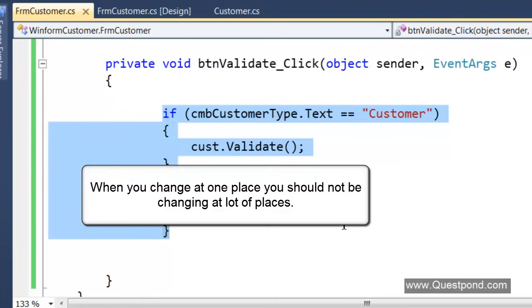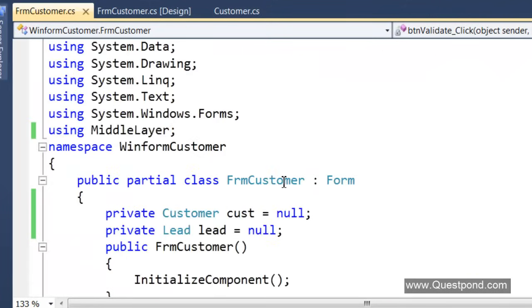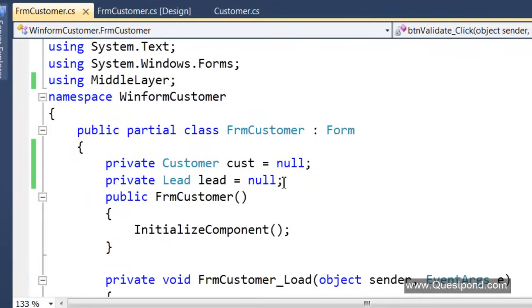If I have 10 such forms like this, you can think about what kind of changes can happen in my system. So a good software architecture is tested when the changes happen. And if you are changing in a lot of places, that means you have not architected your software well. So first thing is, let us see if we can minimize these changes from at least 3 to 1.